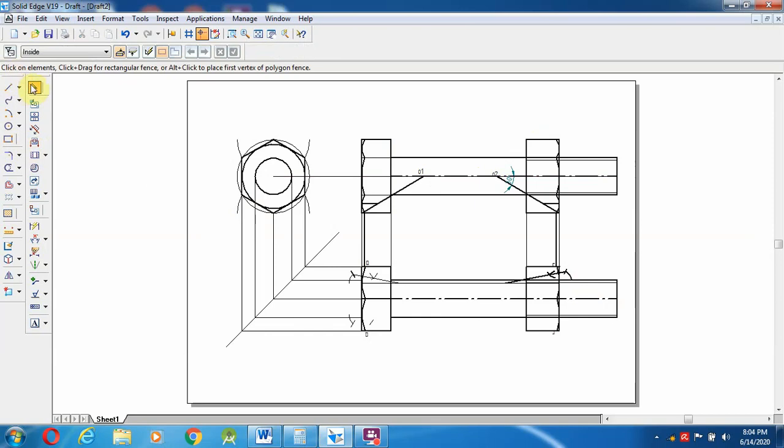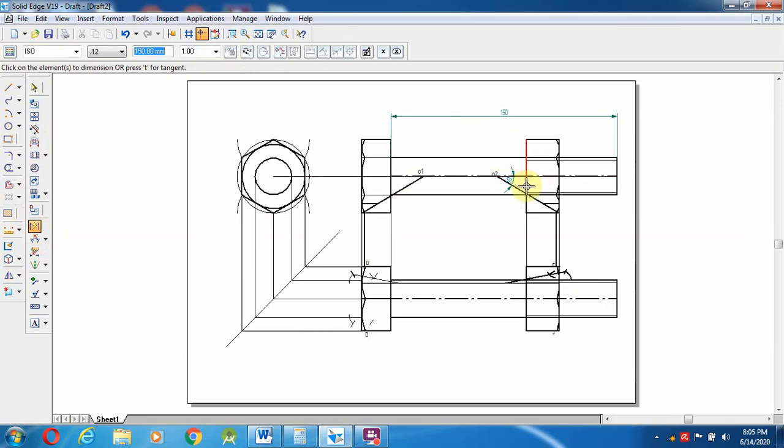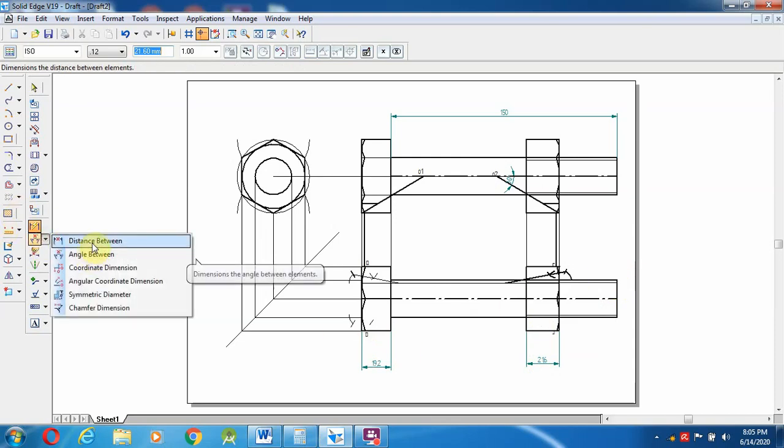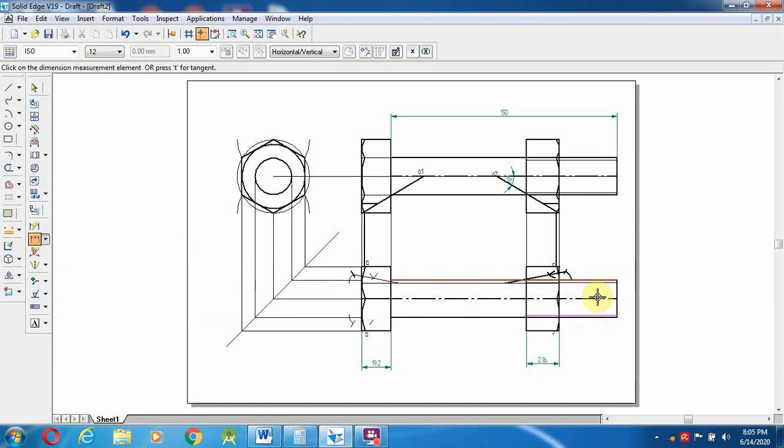So now we can give the dimensions, smart dimensions. So this is one line, and this is one more line, even this also another line, and select the axis distance between. Now those things you can give over here. Another one, this as well as the diameter you can give over here.